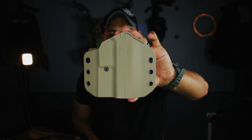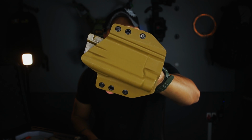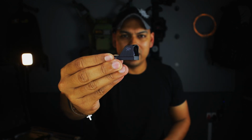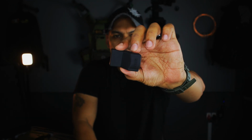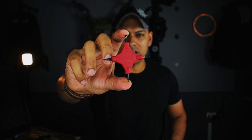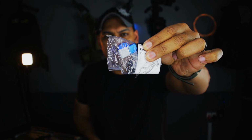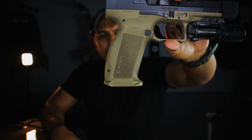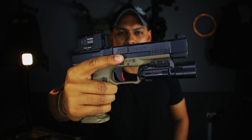Canik branded non-light bearing outside the waistband holster. Light bearing outside the waistband holster for the Olight PL Pro. Canik branded safety lock. The Mechanic M01 red dot with safety shroud, optic plates, optic cover plate, mechanic installation and adjustment tool, Olight PL Pro weapon mounted light, PL Pro charging cable and manual, dual outside the waistband mag carrier, a Canik branded mag well, the Canik SFX handgun, and